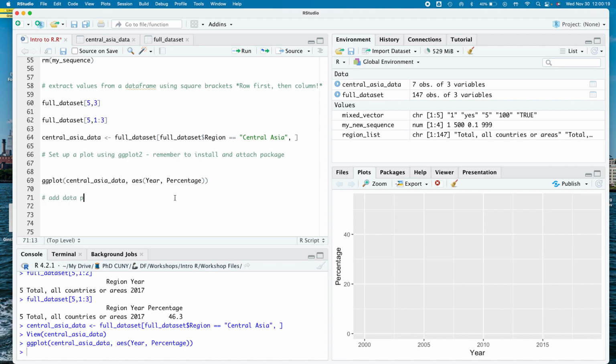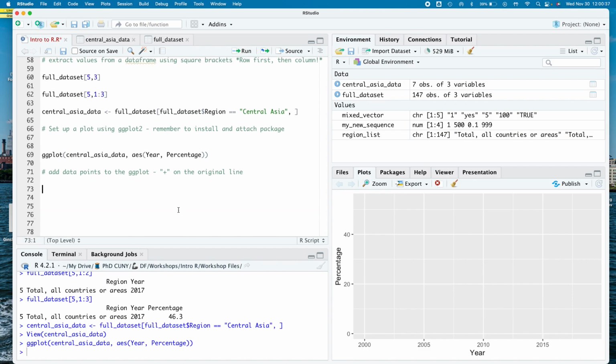Let's add data points to the ggplot. Now, here's a very important caveat or lesson to learn here. You have to put a plus sign on the original line, if you're going to add anything, you have to add a plus on the original line. So here's how we would go. I'm going to copy and paste this line. Here's our original plotting line, plus sign, and then now